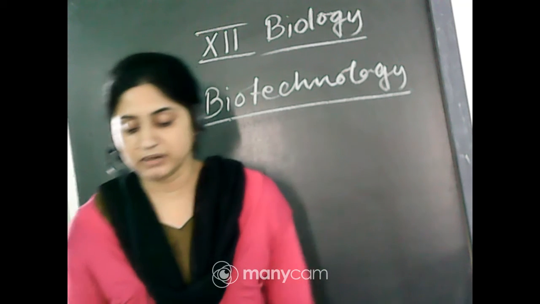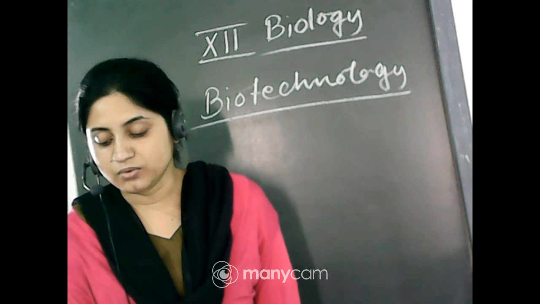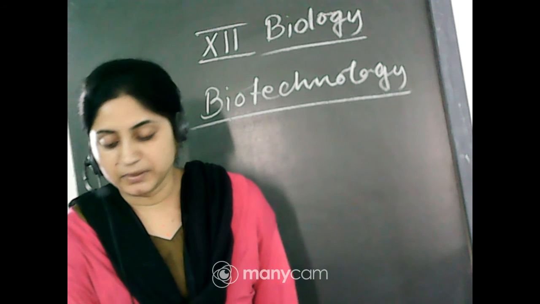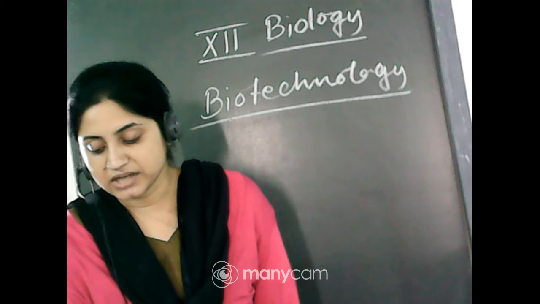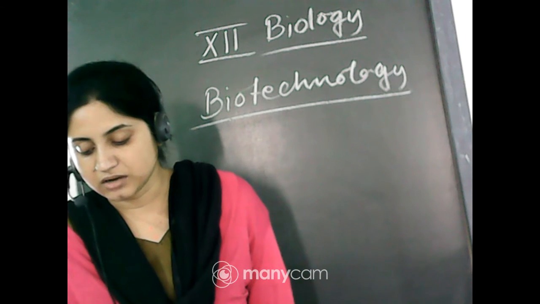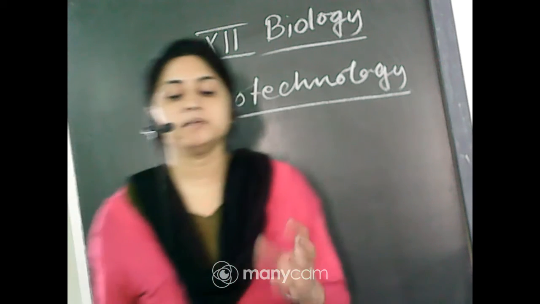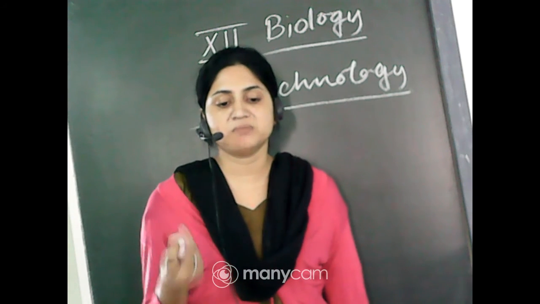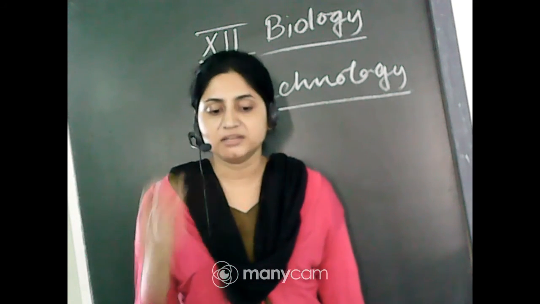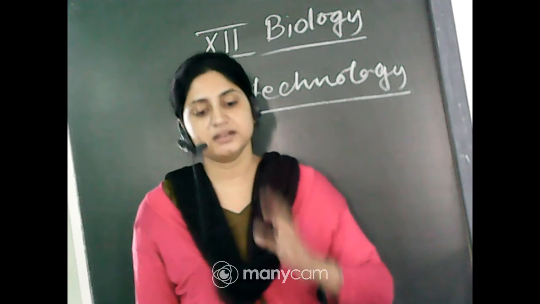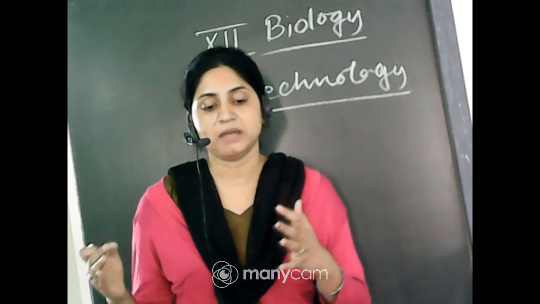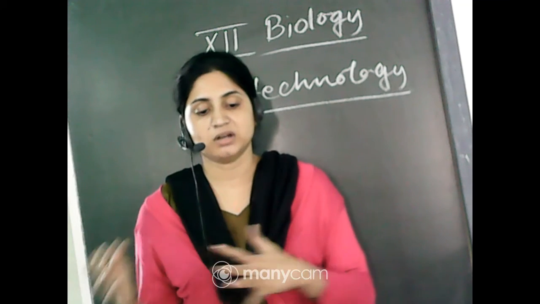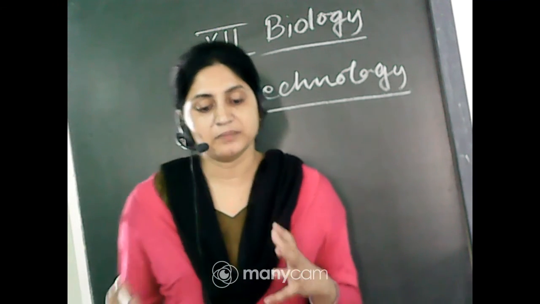Second one, selectable marker. In addition to ORI, that is origin of replication, the vector requires a selectable marker which helps in identifying and eliminating non-transformants and permitting the growth of the transformants. Marker means, you know why we use a marker, to highlight something so as to identify it easily. DNA also needs a marker, so that they can easily identify which part is able to replicate, what is plasmid, what is alien DNA.